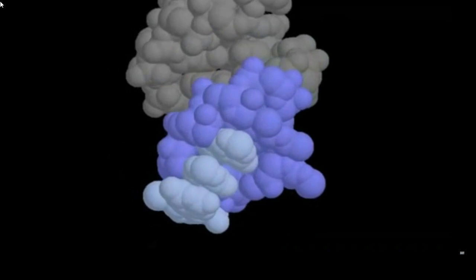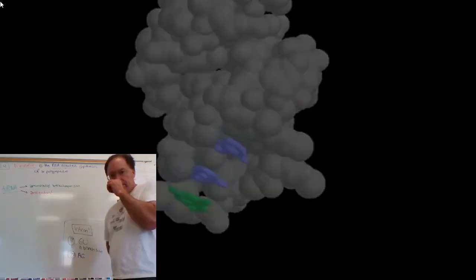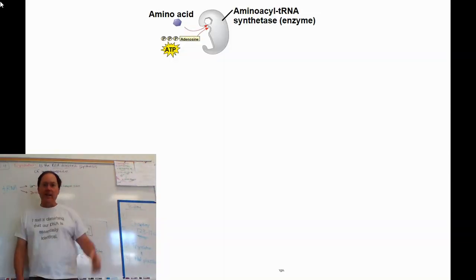The anticodon is comprised of 3 nucleotides complementary to the codon in the mRNA. The bases are exposed and are thus freely accessible for base pairing during protein synthesis. In this example, the anticodon sequence is GAA, which would match a UUC codon on a messenger RNA, specifying phenylalanine. Yes, we got it right, phenylalanine, sweet.